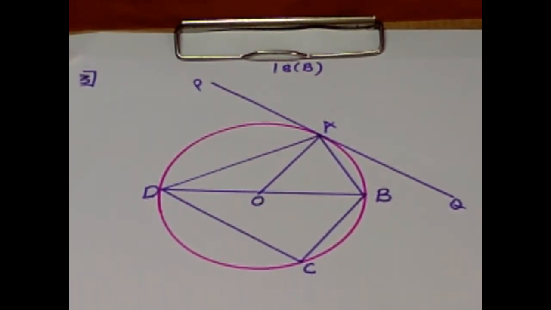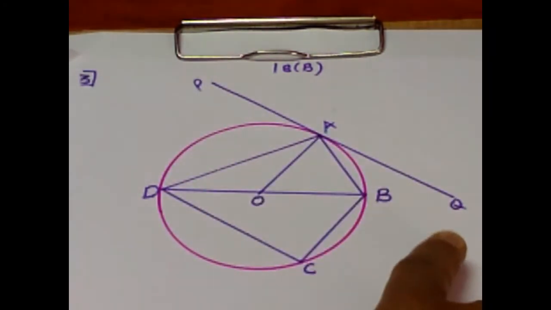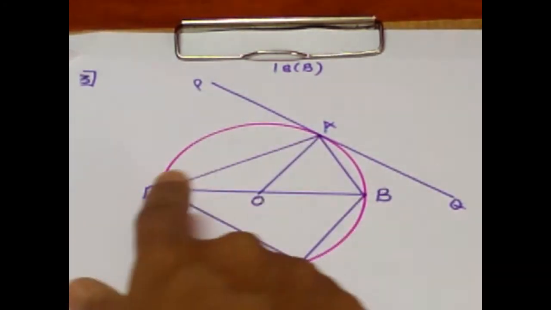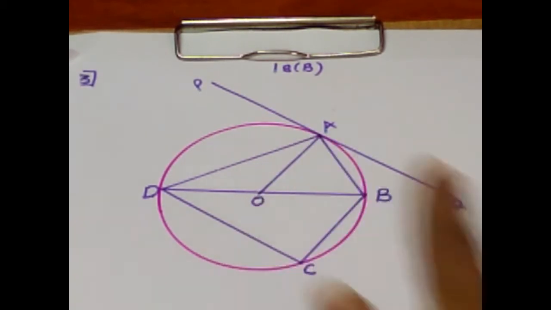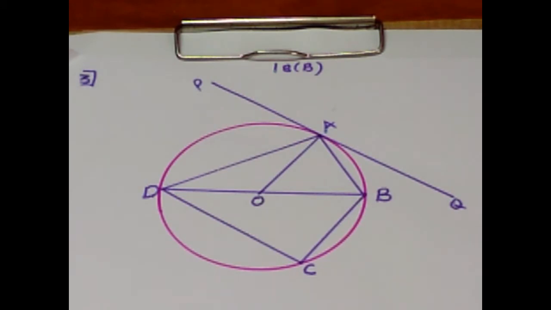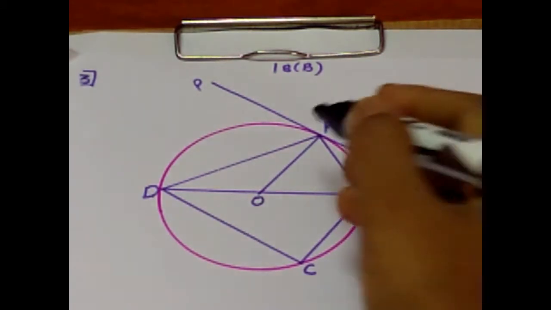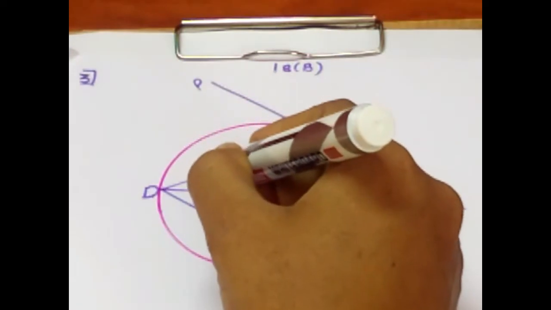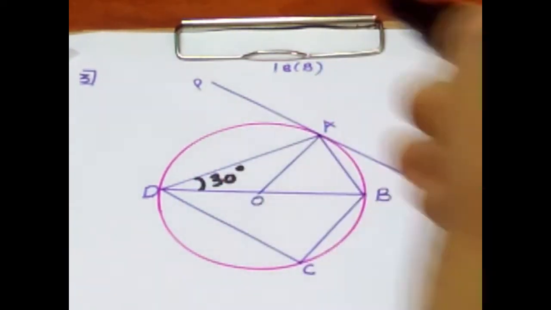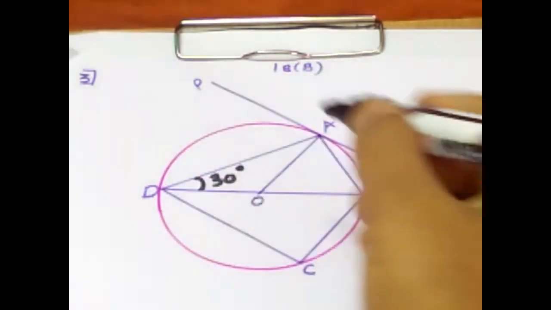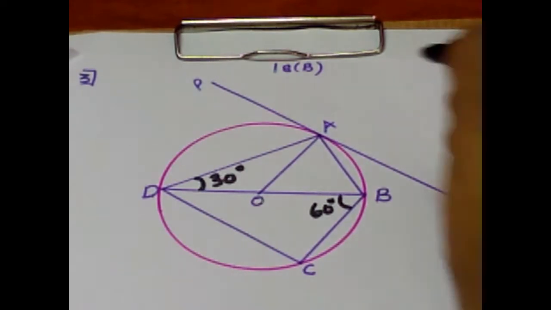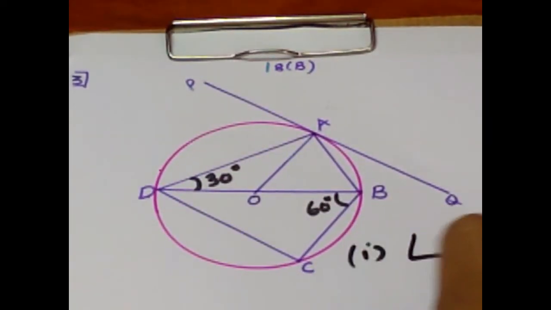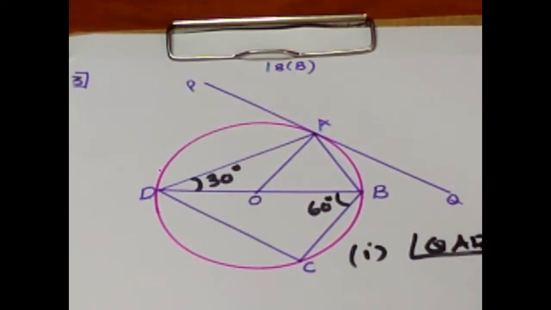Question number 3. In the following figure, PQ is a tangent to the circle at A, DB is the diameter and O is the center of the circle. If angle ADB is equal to 30 degrees, let us mark angle ADB. ADB is equal to 30 degrees and CBD is equal to 60 degrees. Calculate point number 1, angle QAB. I need to calculate first angle, that is angle